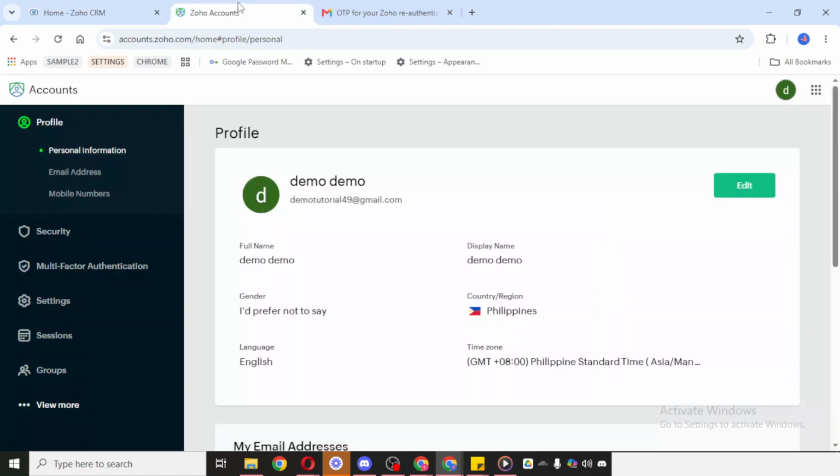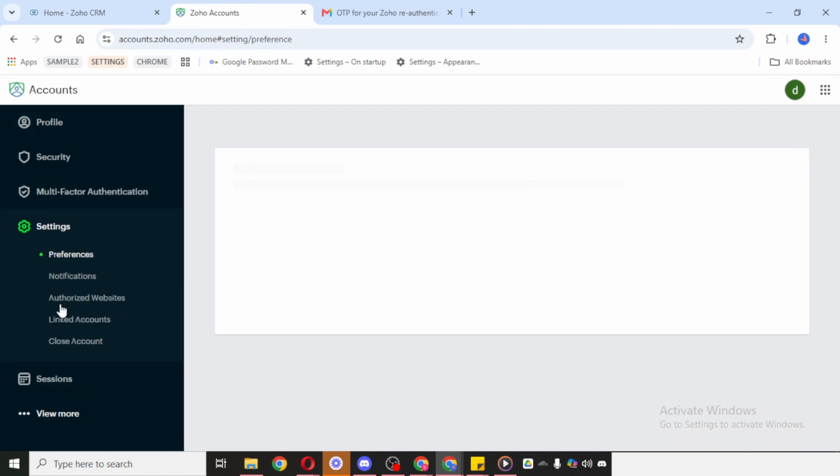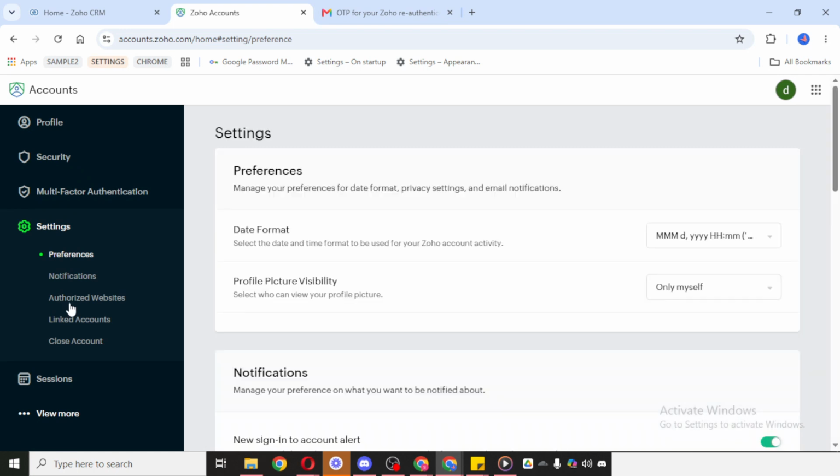After you enter the My Account area, find and click Settings. This is where Zoho groups together the main account management options. Take a moment here to make sure you're in the correct account and organization before moving forward, especially if you have access to more than one.